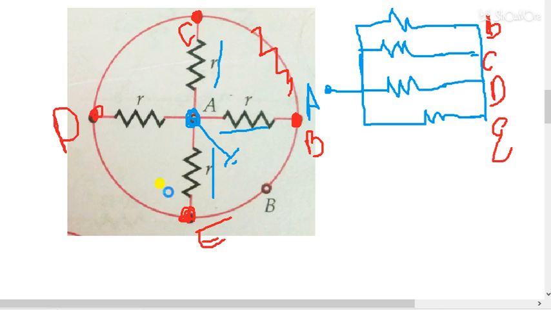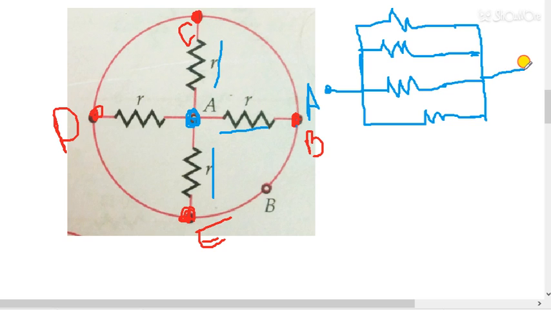So in this way you have to understand and connect the points. I will connect these 4 points to a common point, that can be any point like A, B, C, D. A is this one, so the common point can be B, C, any point, but I will take it as B because I have to find the resistance between A and B. Every resistance is R, and this one is also R. So 4 resistances of the same value are in parallel combination.